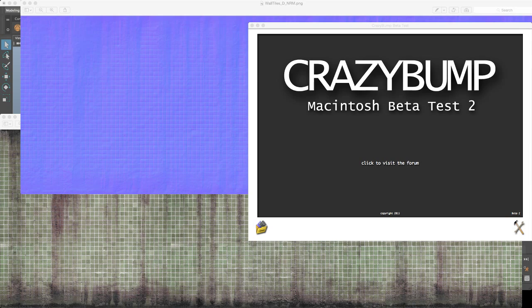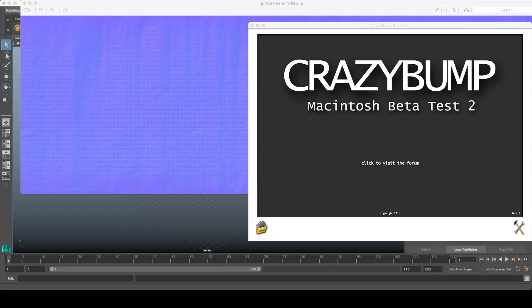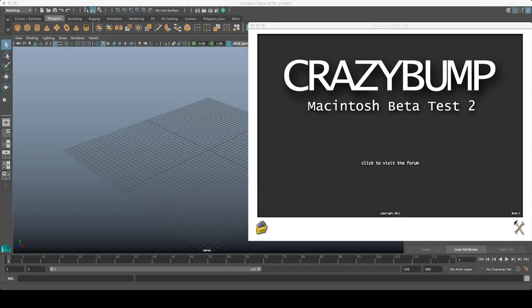So let's go ahead and take a look, and keep in mind what this normal map looks like right here. Okay? Alright, so I'm going to go ahead and hide these for a moment. Well, actually, I won't need them again. And then the Crazy Bump software, let's go ahead and use this open,